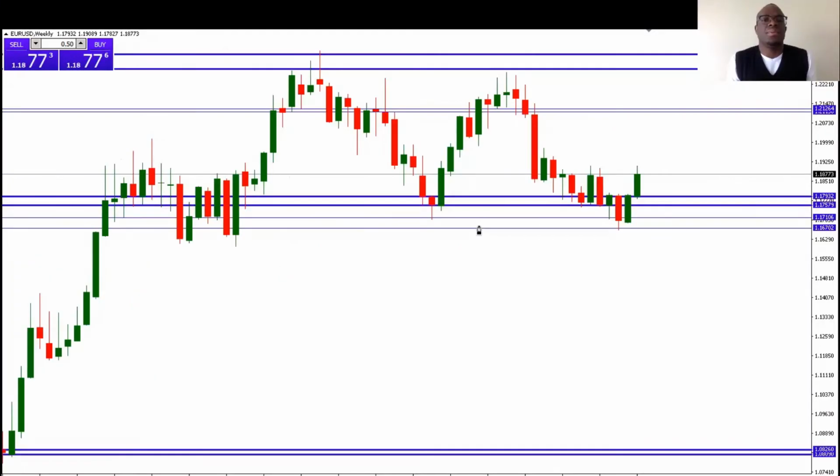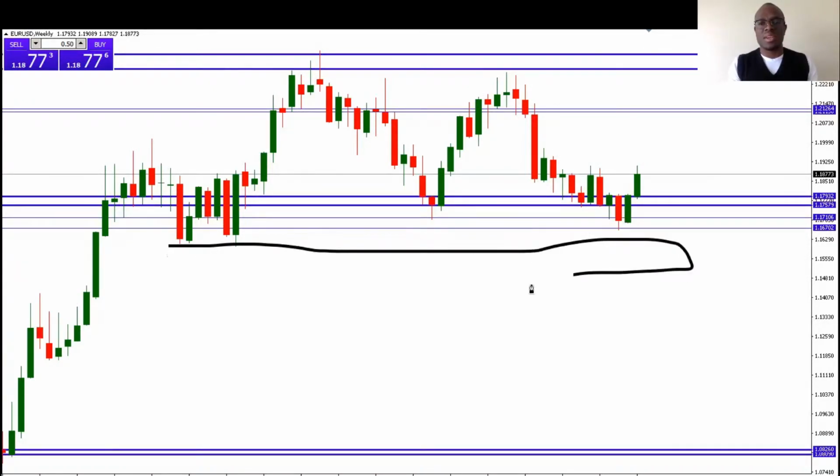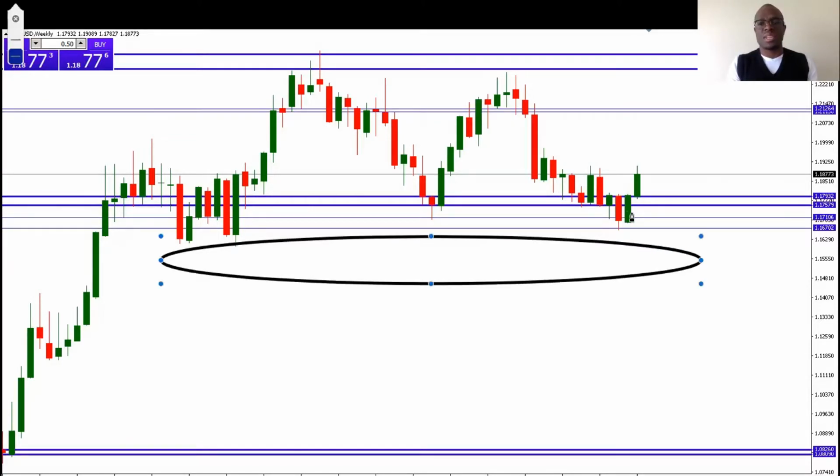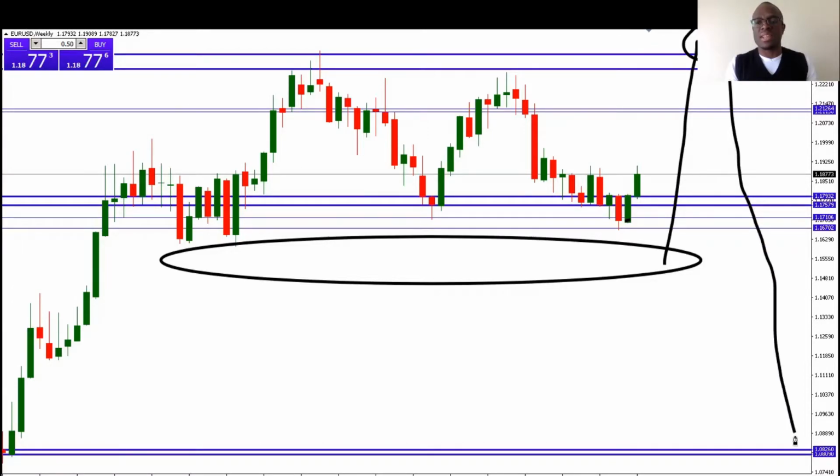Now we'll move on to the weekly chart. On the weekly chart, we can notice that we had said that this can end up being a distribution phase. So for it to show me that it's moving to the downside, I'll be expecting that the price is going to clear the stops here, right? The buy stops that are here. I'll be expecting the price maybe to move back again, clear all these buy stops that are here, then move to the upside, and come and clear the sells that are here before moving back again to the downside,